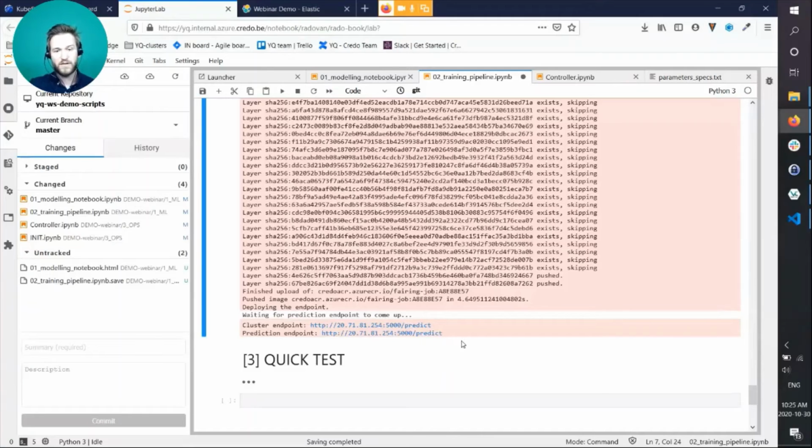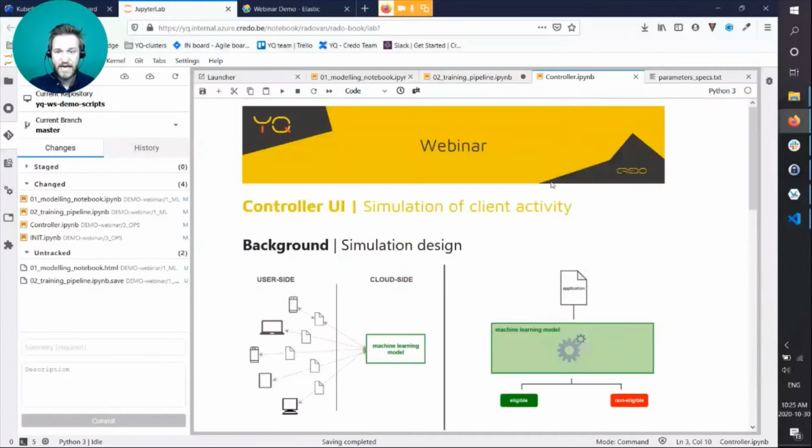And why? Because when you have a model like this deployed, you can start working with it. You can start targeting the model. And when you start targeting the model, you want to be able to monitor it, and you want to be able to create some kind of dashboards to see how it performs. In order to demonstrate that, I prepared a kind of simulation study where the model I just deployed, I'm going to target it with